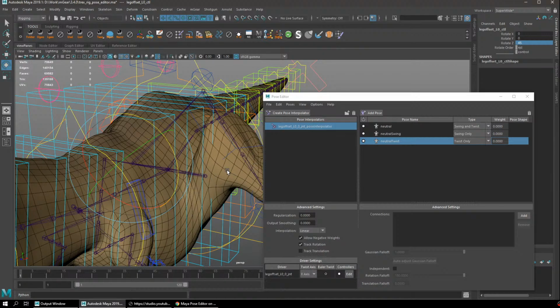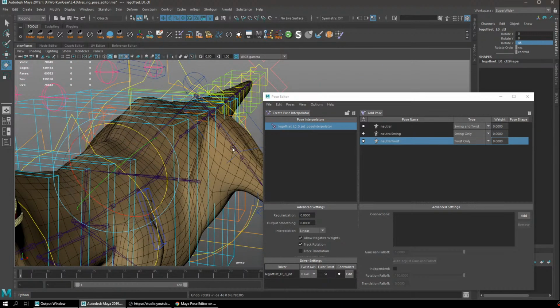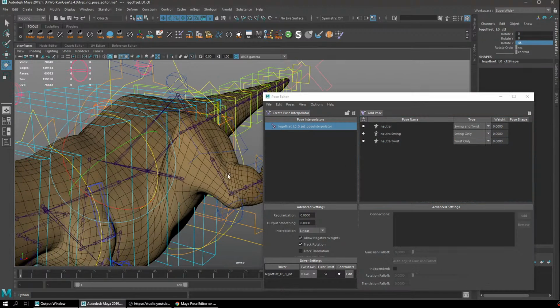Dual quaternion might not as much, but yeah, keep that in mind as well, that for big range corrections, you might need to add more correctives in between that range. So now that I'm here in this pose, I'm gonna actually create in here, and I'm